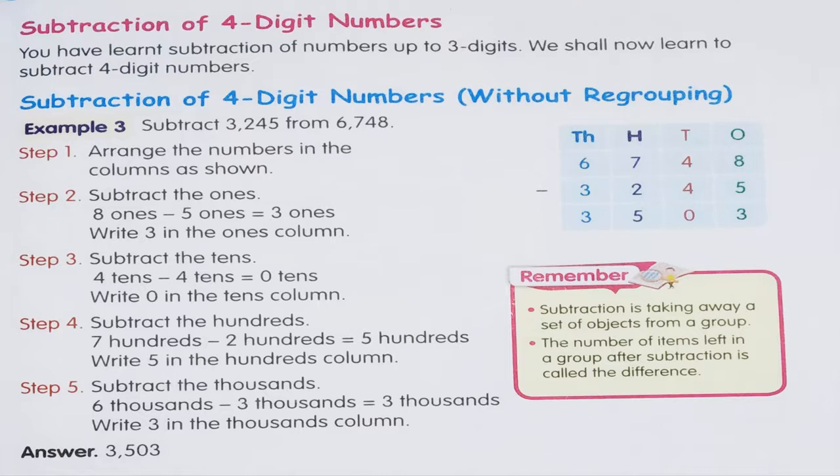स्टेप 5, सब्ट्रैक्ट द थाउजेंड्स। 6000 माइनस 3000 इक्वल टू 3000 एंड राइट 3 इन द थाउजेंड्स कॉलम। अब हम 1000 वाले नंबर को सब्ट्रैक्ट करेंगे तो 6000 में से 3000 को माइनस करेंगे तो हमें क्या मिलेगा, 3000, और वो 3 जो है वो हम 1000 वाले कॉलम में लिख देंगे। सो वी गेट आंसर 3503।